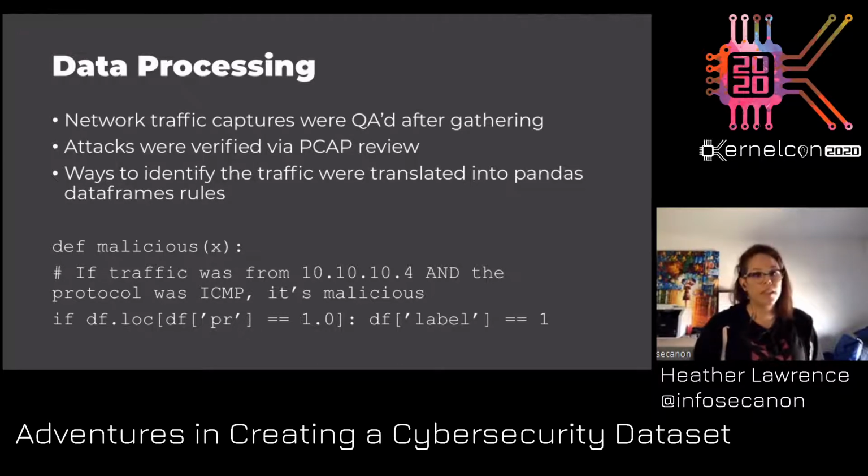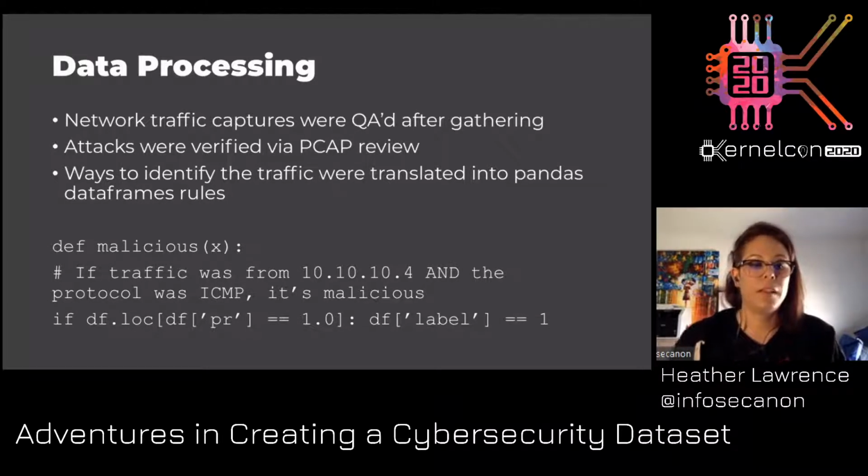Here you see a Python snippet where you're defining a function that looks for a particular port number and defines it as a label of 1. Basically, if it was from that IP address, then it was a malicious piece of traffic.